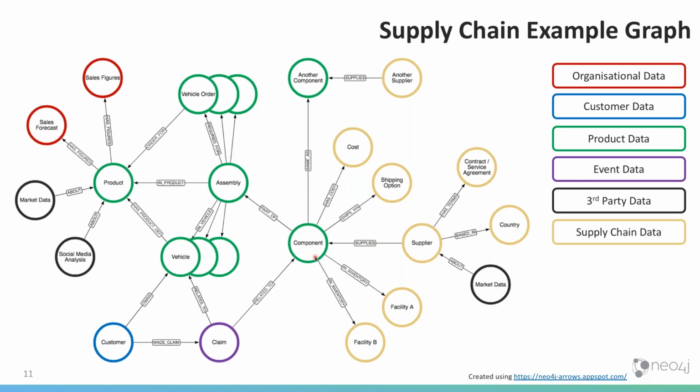And then we have here a basic way of demonstrating a BOM. So we have a component goes into assemblies. That's probably much deeper in a real BOM, but just to give you a feel for how you might take individual components or individual parts and combine them and work your way up the tree until you can start to understand how many orders you might already have taken that include that component, as well as how many vehicles you've already sold that have that component,